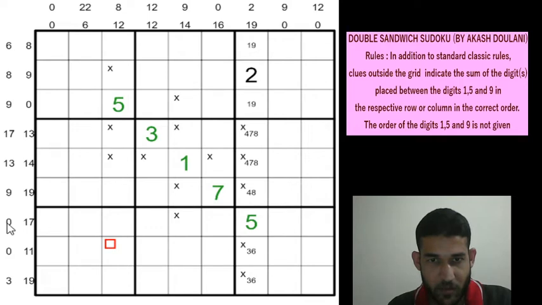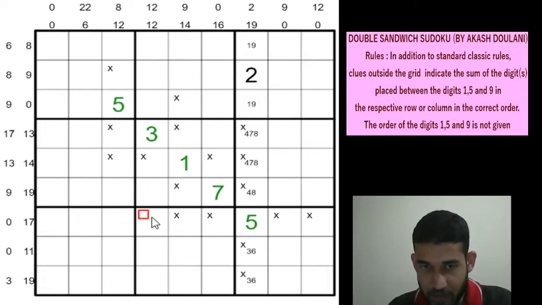Okay, let's focus along row 7 a little bit because we have used this 5 to make some possibilities along column 7. Let's now use the same 5 to make some possibilities along row 7. You can't have a 1 or a 9 here, but you will satisfy the 0 clue, but you won't be able to satisfy the 17 total. So similarly, you cannot have a 1 or a 9 here because then you have to satisfy 17 with a single total, which is not possible. So you can't have a 1 or a 9 here as well.